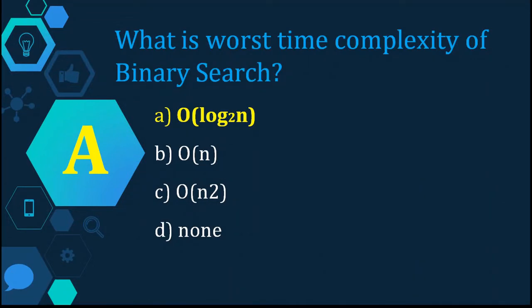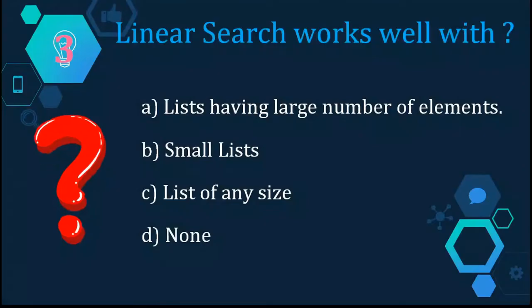Because in binary search, every time the list is divided by 2, and after the ith step, when the number of elements in the given array is 1, then we stop our search. And the number of steps required is log n base 2, which we have already discussed in the time complexity analysis of the previous video of binary search, right? So you can refer to that video for better clarity. So now moving towards the next question.